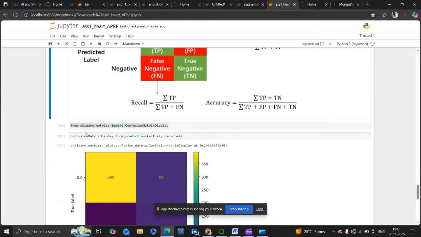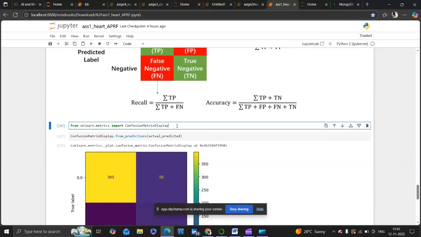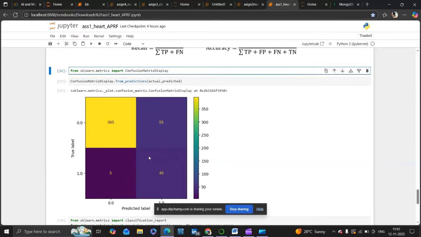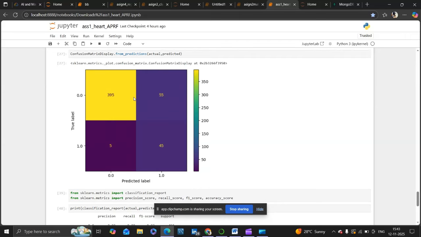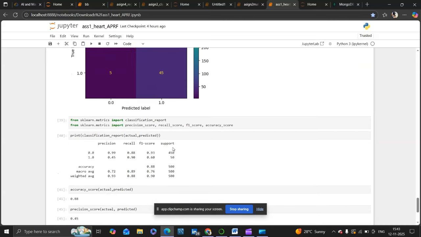Then from sklearn metrics, import ConfusionMatrixDisplay. This is used to showcase a confusion matrix in pictorial form, so it is important. After that, it will showcase actual and predicted values according to our database. So importing of data is important.